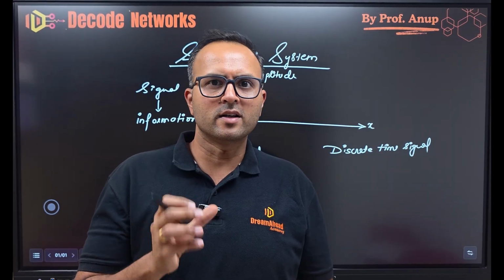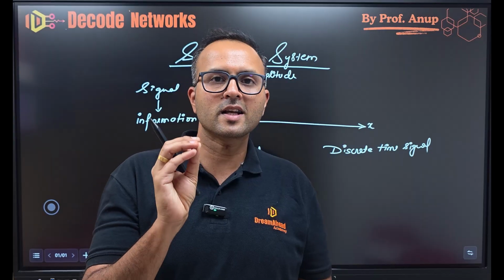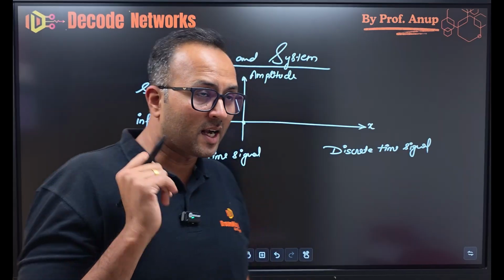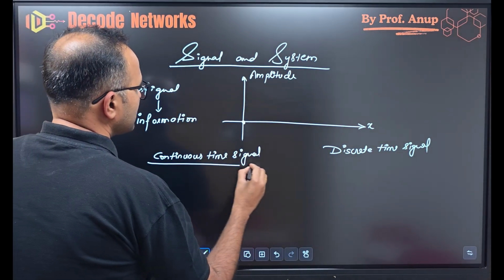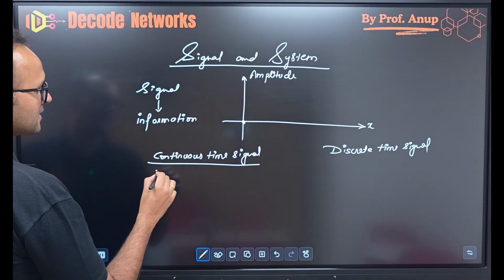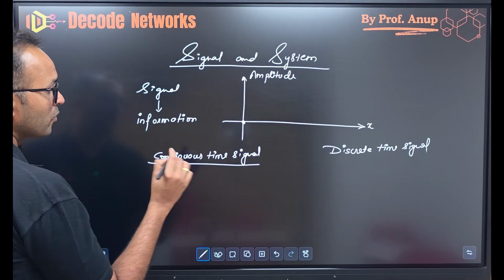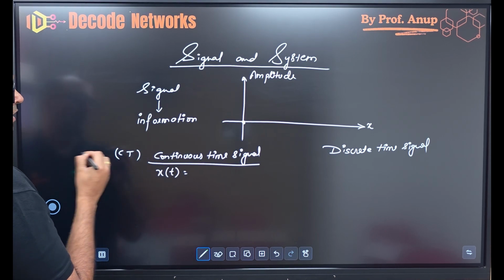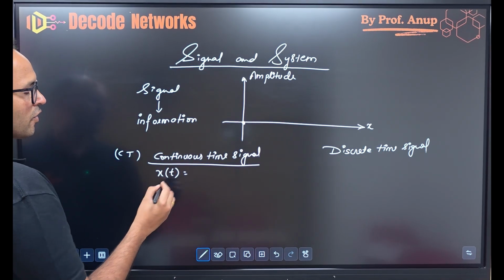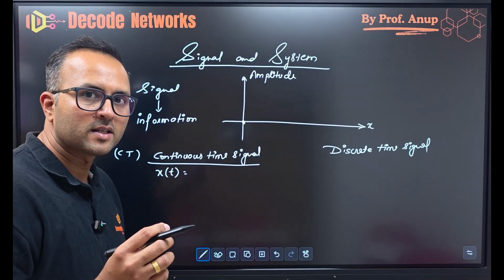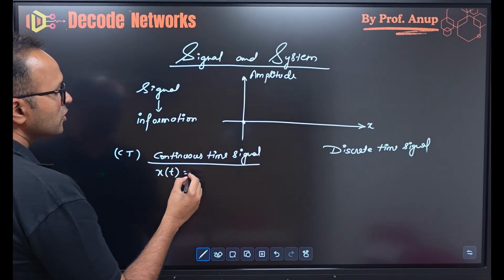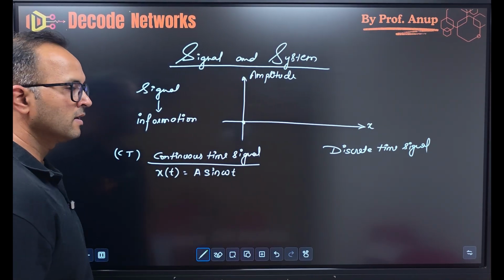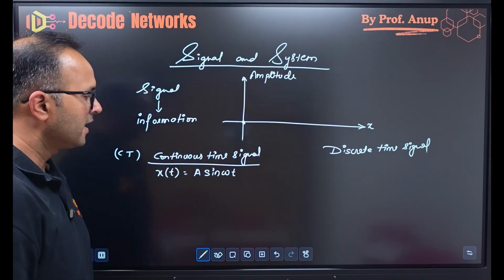Now, why is it said to be continuous? In a simple manner, a continuous time signal is that signal which is present at any instantaneous time. That is what I mean to say. When I say CT signal, that is continuous time signal, in short form you say CT, x of t. A CT signal is always represented by x of t, right? Suppose I say x of t is sine omega t. This is a signal which we have seen in BEEE, a sinusoidal signal.